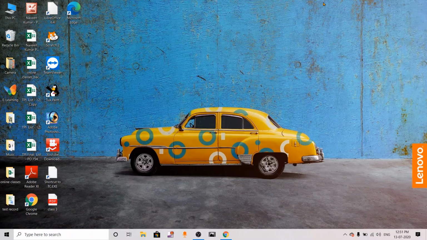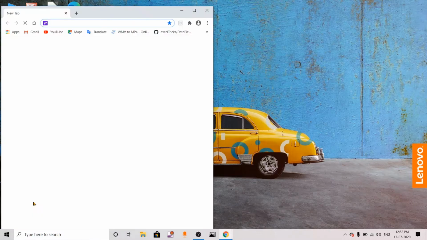Today we will see a demo of Google Drive. So how to open Google Drive? You have to open any web browser. So I will use Google Chrome. Open Google Chrome